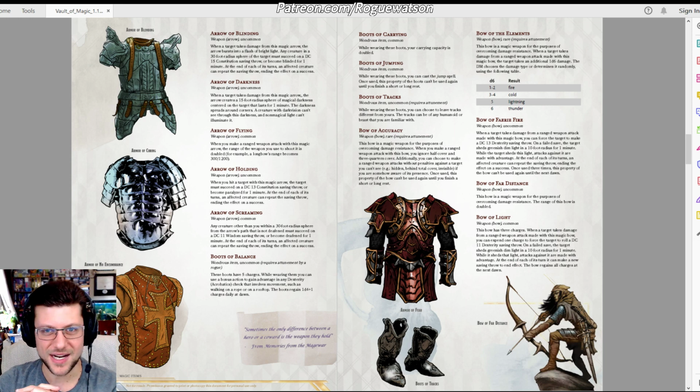Some of them are ones that I would never even use because I don't even use those rules. For example, there's ones about encumbrance, like Boots of Carrying. They just double your carrying capacity. That stuff doesn't really matter to me in our campaigns. A Bow of Far Distance just doubles your range. The nice thing is some of these items do feel balanced for